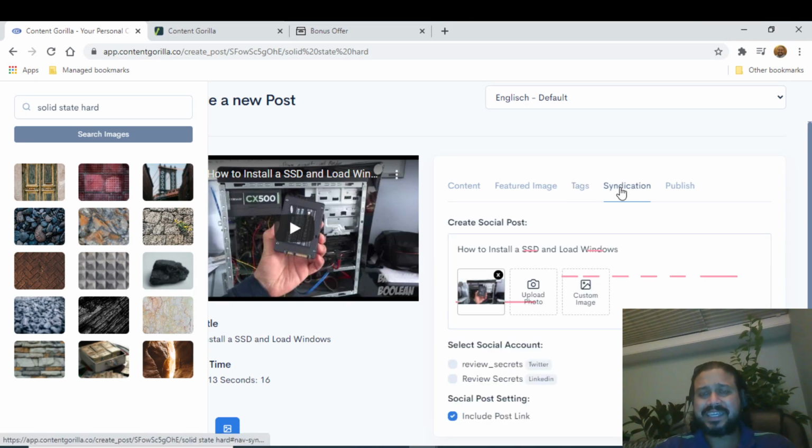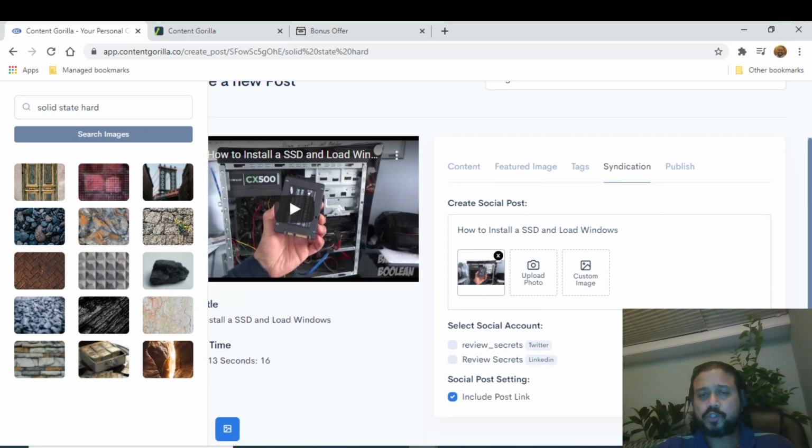Now another thing is syndication, where I told you SEO optimization is one thing, tags, and now the syndication, where you can actually post to different groups. You can upload a photo again if you want, and you can upload to different groups. Now there is a place where you can include many of your other social media platforms. You can add those, and you can post to those at one shot to different social media platforms. So that is where the syndication and your SEO ranking come into the picture.